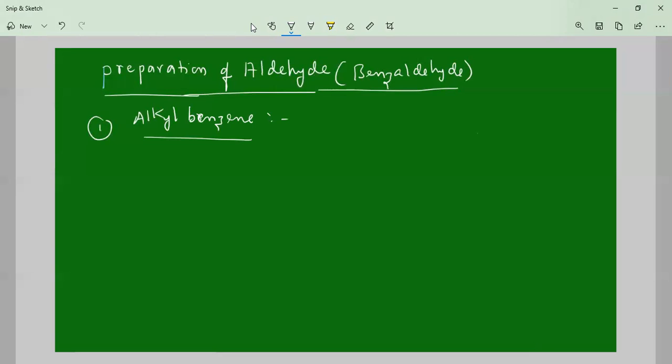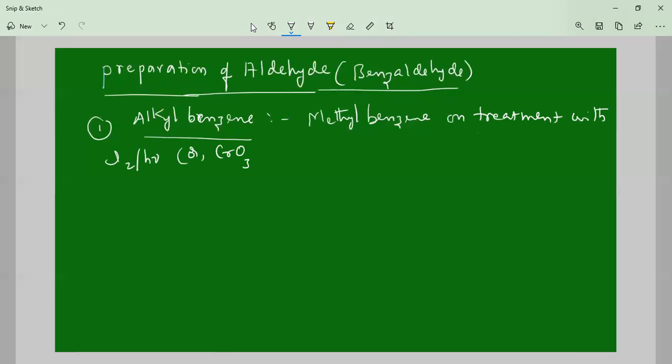As you all know, alkyl benzene, let us suppose methyl benzene in this one. Methyl benzene is nothing but toluene. If you take methyl benzene, what will happen? Methyl benzene on treatment with chlorine in the presence of sunlight, or chromium oxide, which is also an oxidizing agent, CrO3, present in acetic anhydride, what happens? That definitely will give